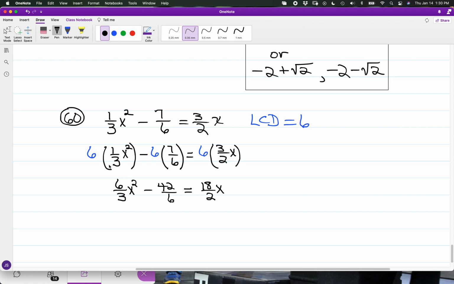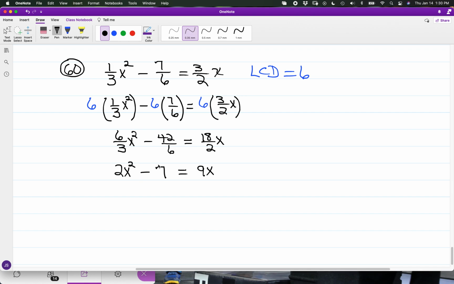Now from the cross multiplication, you have 3 will go into 6 2 times and have 2x squared, or we have 6/3 of x squared still going to 2x squared. And you have minus, and 6 will go into 6 one time, and then 1 times 7 is 7, and with subtraction, we have negative 7. And just like 2 will go into 6 3 times, 3 times 3x becomes 9x, or 6 times 3 is 18 divided by 2, still comes out to 9x. And so with the raised coefficients,